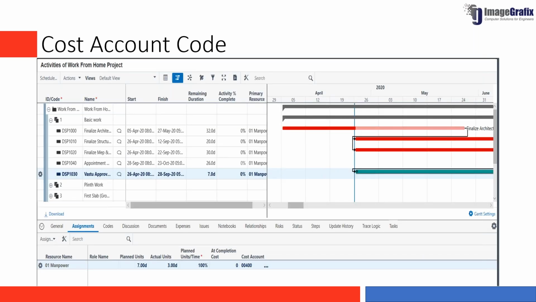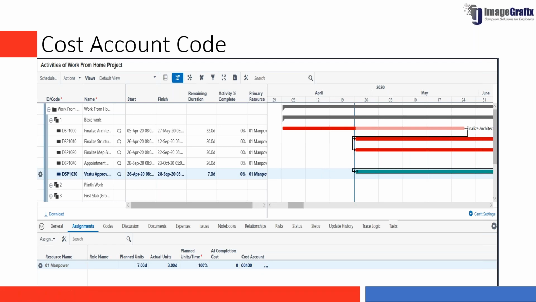Coming to the cost account code, at the activity level you have the resource assignments happening, and at each and every resource assignment level, you have the cost account code. Once you assign a cost account code to that spending, it will be accumulated.